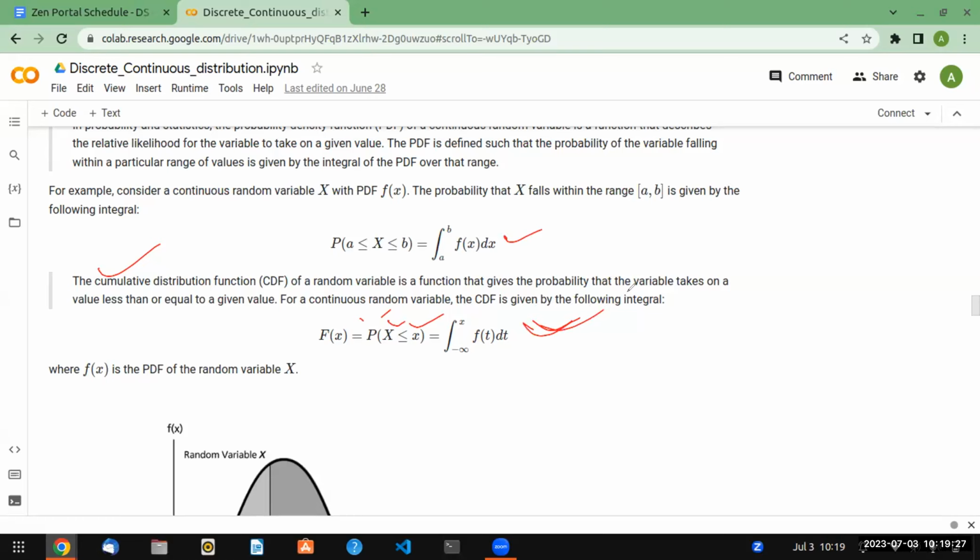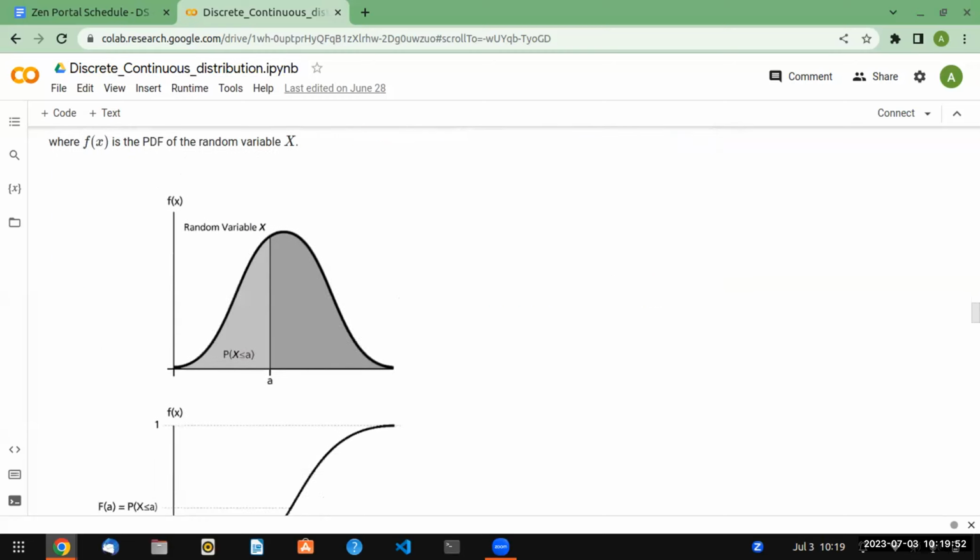Now you need not do all these things. This is just for your knowledge of how the CDF and PDF are calculated. CDF is the integration from -infinity to x. You need not worry about it, you need not go into this integration mathematics. Just try to understand that there are certain things that, if you perform them mathematically, will eventually get you the CDF. That's what you need to understand.